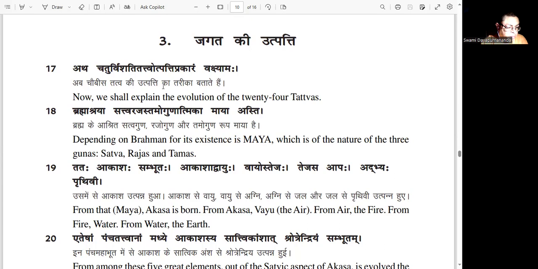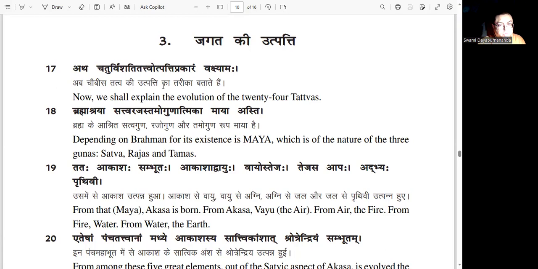Then number 19. He says, Tataha Akasham Sambhutah Akashat Vayuhu Vayuh Tejah Tejasa Apah Adbhya Prithivi. Here it is enumerating them one by one. Slowly the 24 tattvas will come. First he is talking about the Panchabhuta. He says Tataha, from that, that is, from this Maya which depends on Brahman, from that Maya, whose another name is Prakriti, from there,